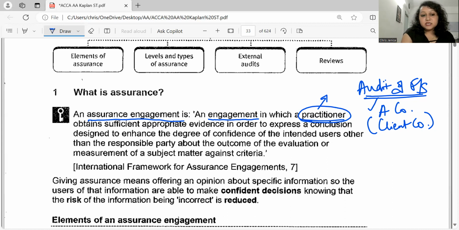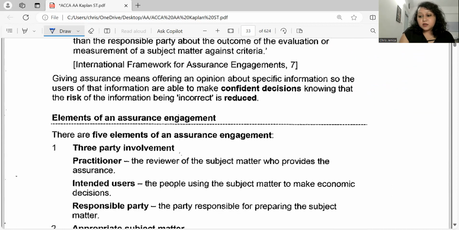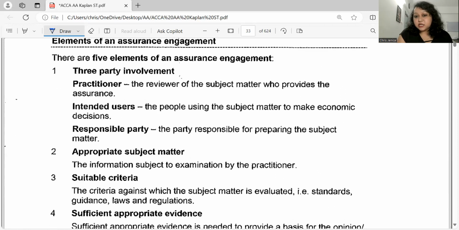So basically, in order to understand this definition, we need to understand the elements of assurance engagement. There should be a three-party relationship. The first one is the practitioner, that I told you, right? If the engagement is going to be audit of financial statements, then I am the auditor who is going to audit the financial statements, which means I am the practitioner. So what am I going to audit? I'm going to audit the financial statements of a company, that is the client company. They are called the responsible party. Why are they called responsible party? Because